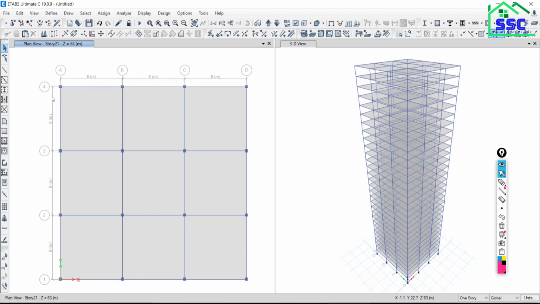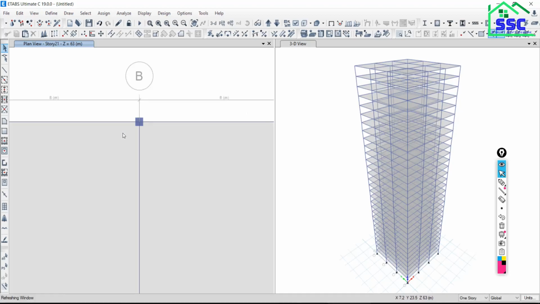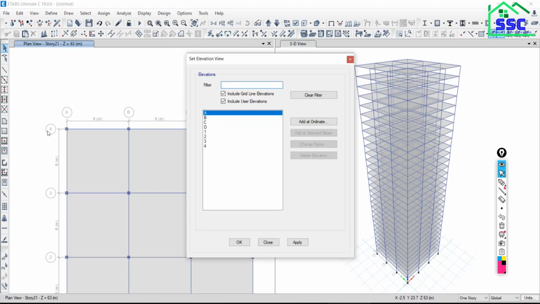So here I would like to see the elevation along grid 4. Along grid 4, how many beams are there? 3 beams, sir. 1, 2, 3. And how many columns are there? 4 columns, sir. So just go to elevation and along the grid 4, choose this 4 and say apply.